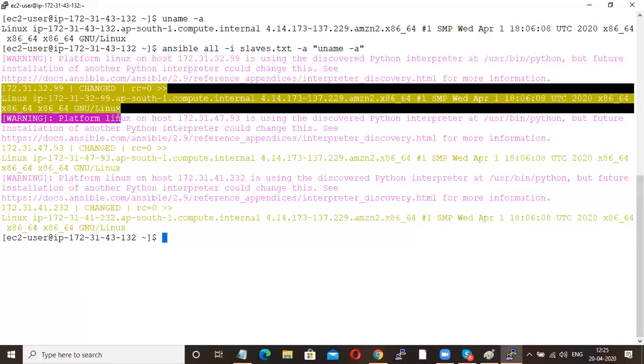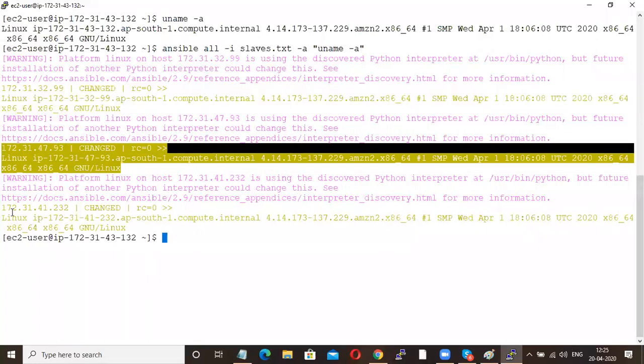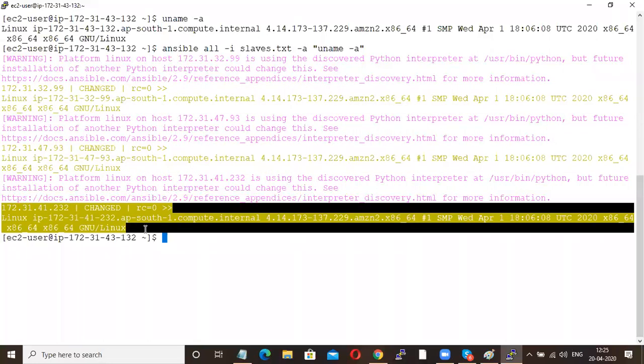Okay, so now you got other OS details. Like this, you can perform all your Unix commands. And one more Unix command is uptime. What does uptime mean? It tells when your OS has been rebooted. So my OS was started up 28 minutes ago. This Unix command will give you details regarding your OS boot up time.